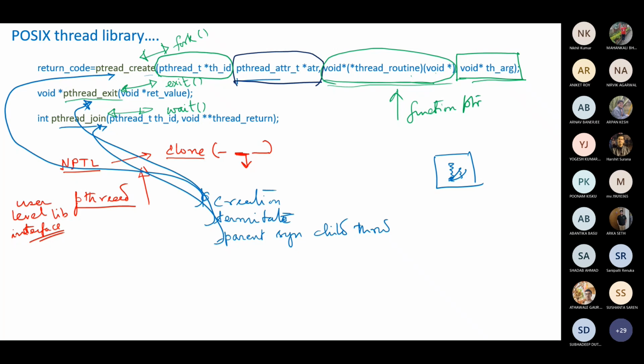Okay, and within that pthread exit, if you recall the exit system call to terminate processes, in the exit we can pass the return code, something that is returned. If I write exit 1, so in the parent, when it synchronizes with that particular exit, or with that child death, what value will it receive